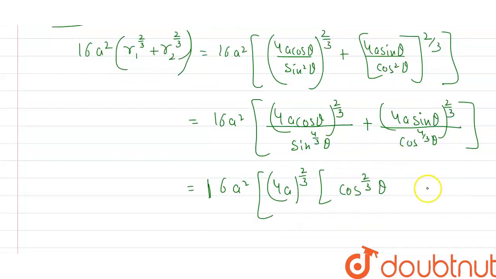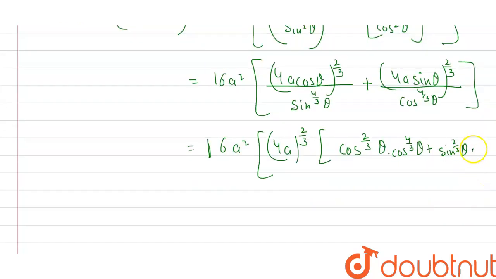Also, if I take the LCM here, this will become cos 2 by 3 theta with the product of cos to the power 4 theta, so cos to the power 4 by 3 theta, plus this one will become sine to the power of 2 by 3 theta with the product of sine to the power of 4 by 3 theta, and divide by